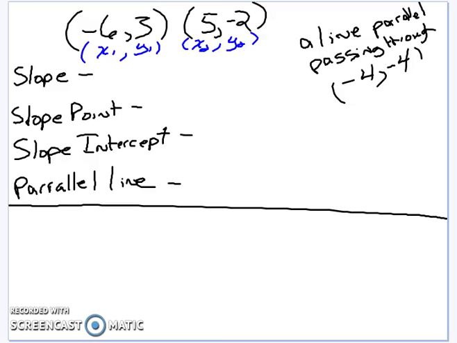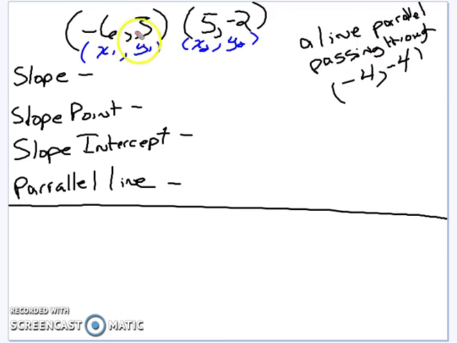Hi folks, today I'm going to quickly run you through how to find slope from 2 points, the slope point form of the equation of a line, the slope intercept form of the equation of a line, and what to do if you are asked to find a parallel line to these. And you'll see over here it says a parallel line passing through the points